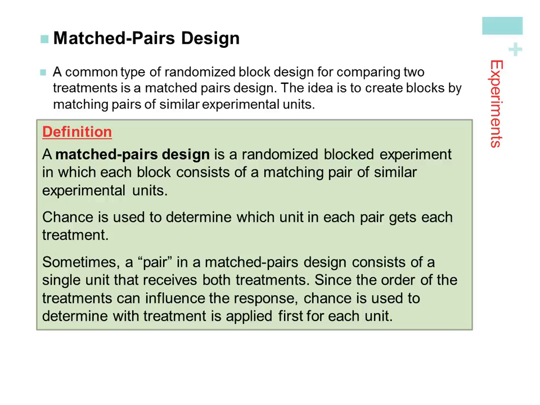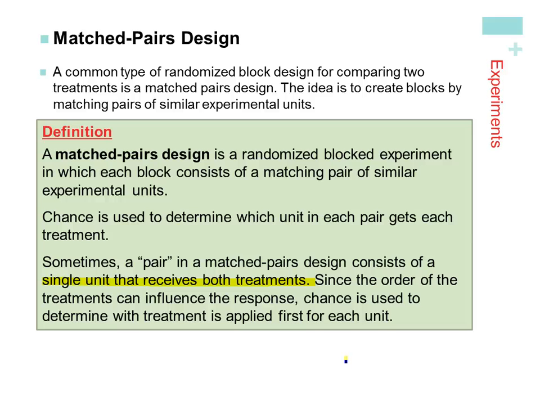And so sometimes a pair in a matched pairs design consists of a single unit that receives both treatments. Now that one's a little bit easier to come up with, right? That happens all the time with human subjects, because you can't find two humans that are exactly the same. It's very difficult, depending on what you want to measure. So what we'll do is we'll take a single subject and apply both treatments to them and see what the difference is